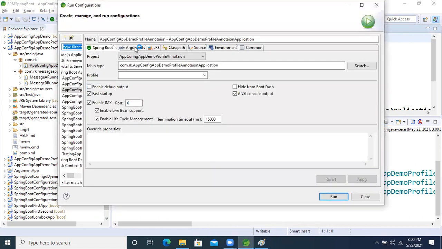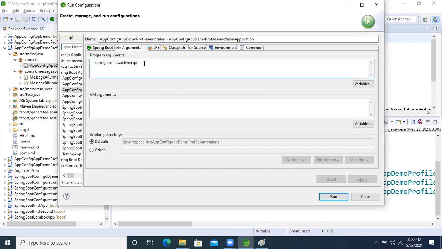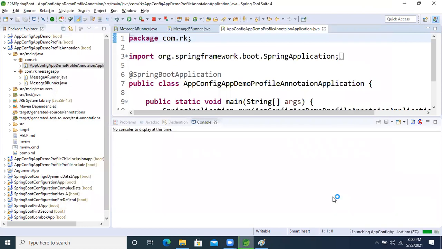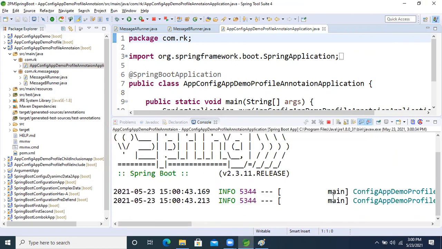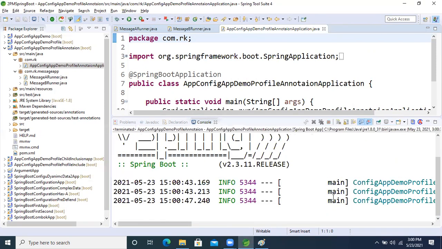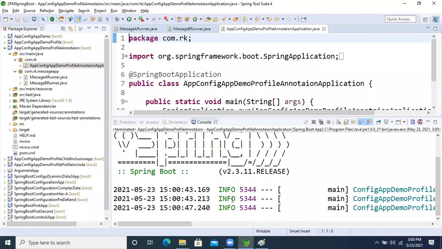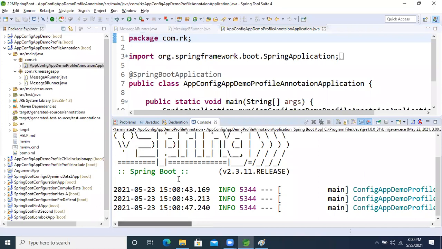Come inside the argument. Here give dev, Run As, run this. What happened?